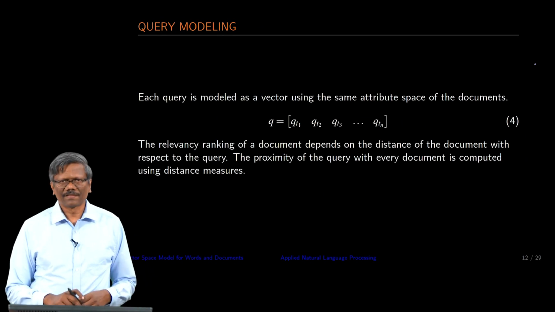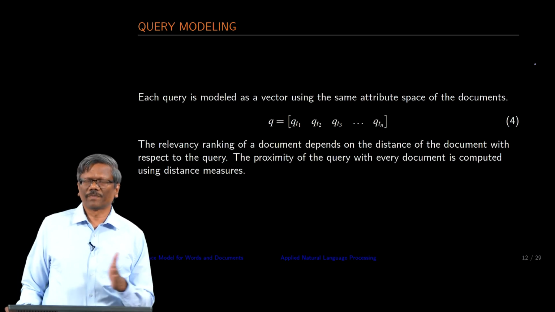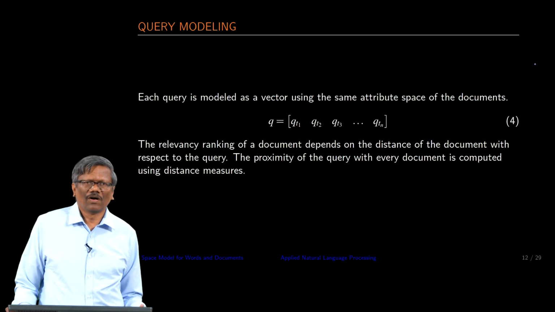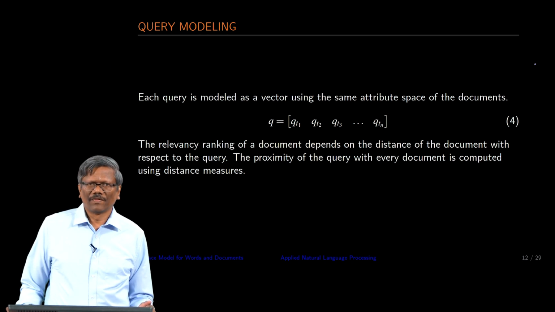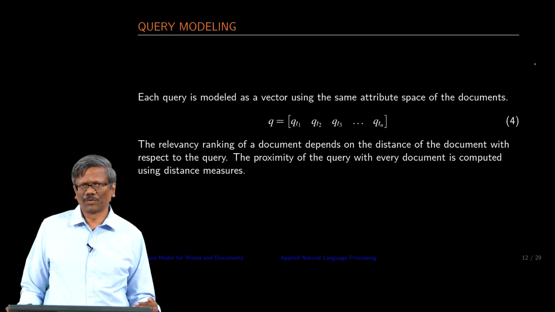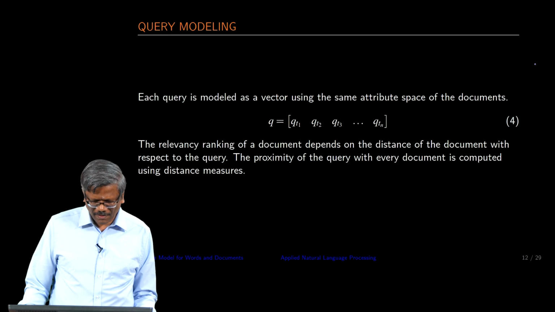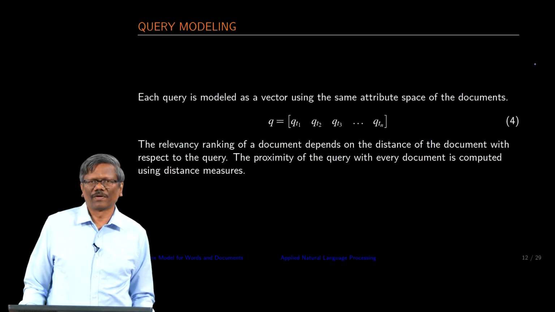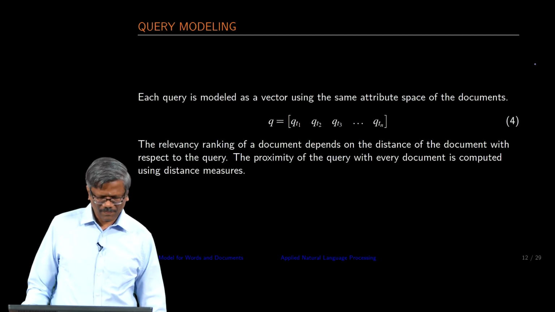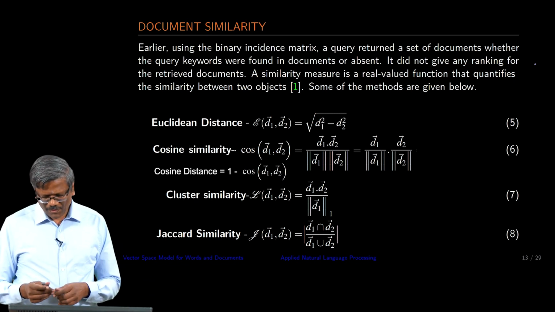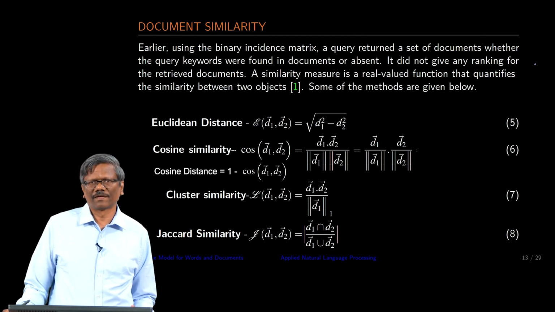So, I am now constructing the query, which is a close representation of a document. Now, it is possible for me to find out how these documents are related to this query, and then rank them, where the highest one, which is closer to Q, would be the first, and the lowest one would be the last in that ranking order. We are going to use some proximity score mechanism to find out how a query is related to this document. It is usually done using a certain formula. Let us look at some of them.